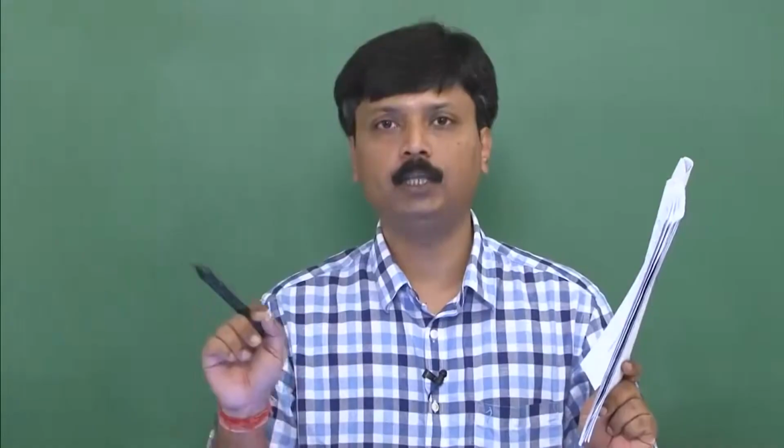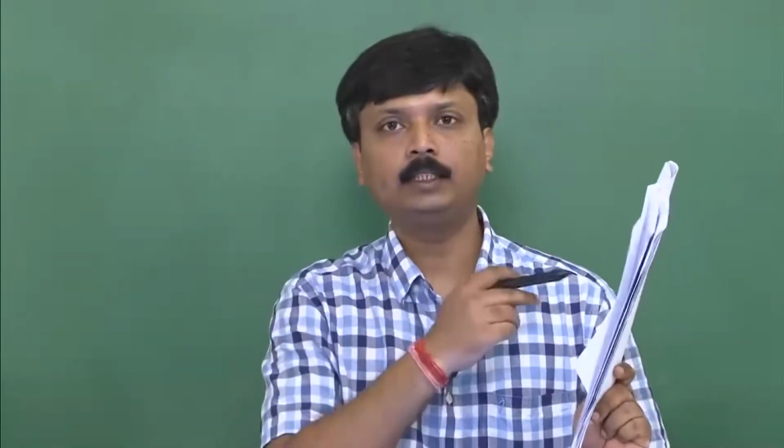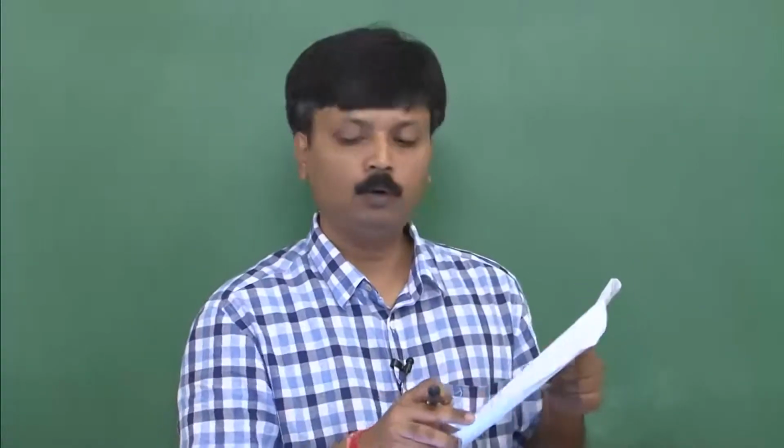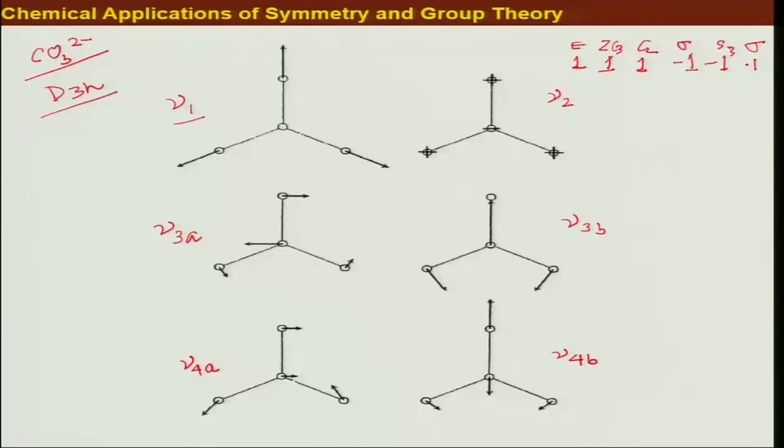So it is a one dimensional representation, and therefore I can just quickly check in the character table and find out which irreducible representation this one is. Okay. So only the character of sigma h and S3, they are negative, right? So if I compare that, then I have to